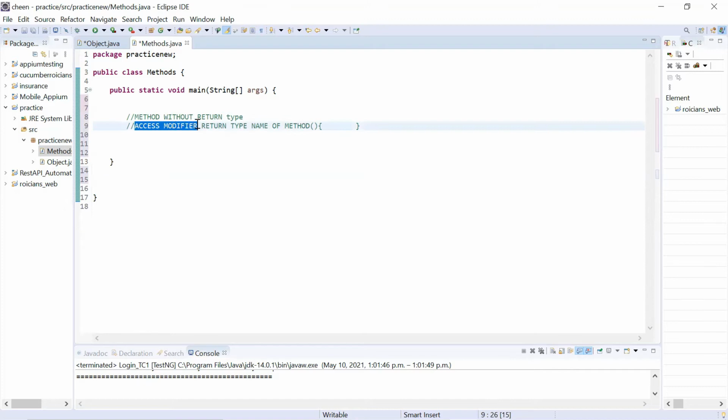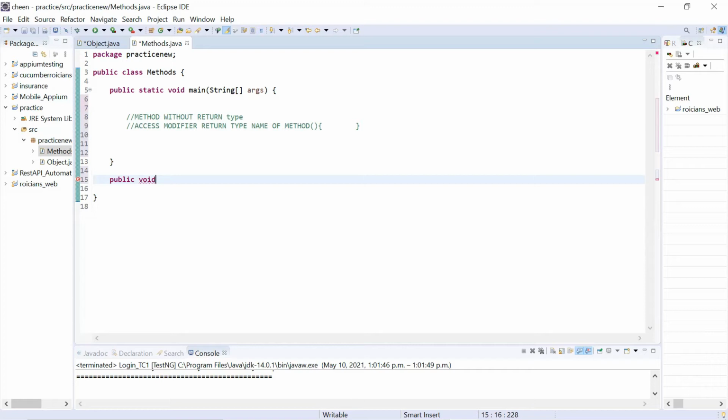So first, we will be writing the access modifier. What is an access modifier? Access modifier means who can access this particular method, whether it is public or protected, like what is the access modifier associated with it. So I will be writing public, then the return type. As I've told you, we are doing the example in which there is no return type or return value. Whenever you encounter this type of situation in which there is no return type, we write void there. So public void. Void means there is no return value from this method.